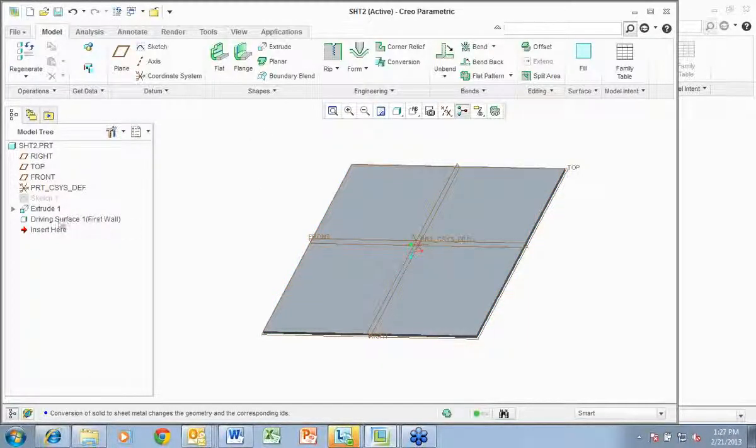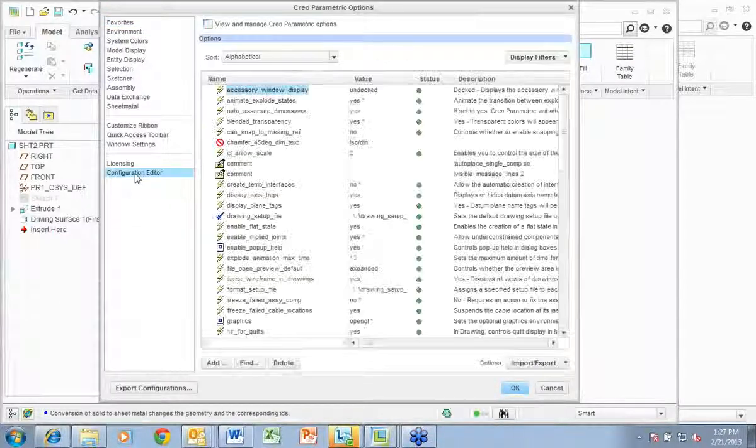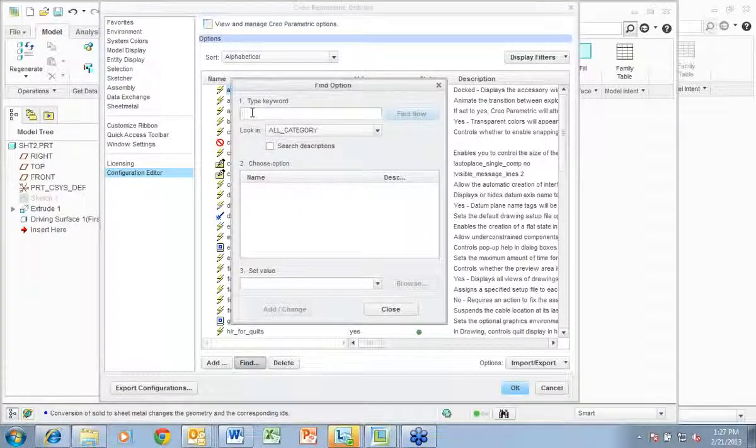Now, with that driving surface, we are actually physically into sheet metal. And these are some of the things that we can actually get into. Now, before we actually go, I like to set this before we get into sheet metal. One of the configurations that I like to set up for sheet metal is this, so that when I create the flat state and start bending it up, I can average some of my rounds that are actually going through. So if I go in here and I set up initiation for the actual bend radius,